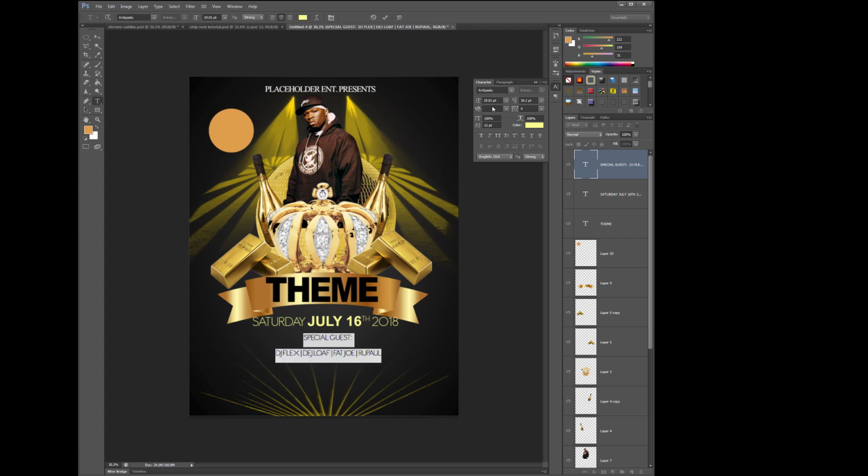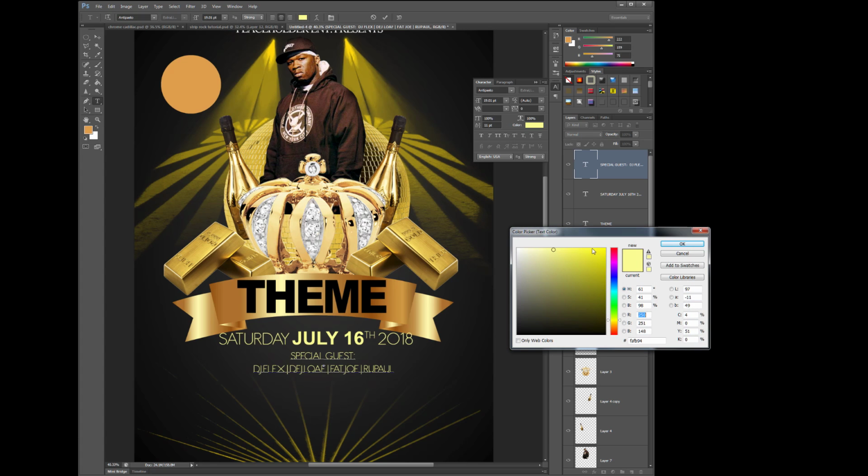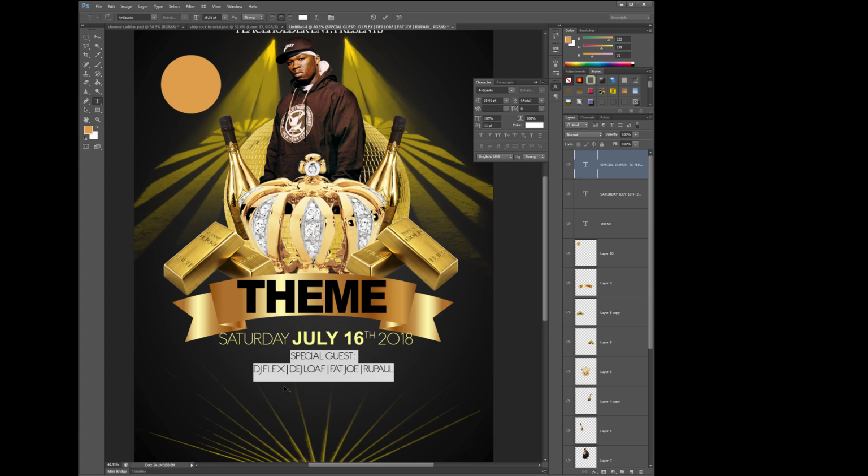Now spacing is something else too. Right now, I don't know why the space... okay, there we go. Spacing is something else too. You want to have a balance of where the spacing is. And you want to kind of mix up the fonts a little bit too, right? You want the information there, but you also want it to be kind of broken up. You know what I'm saying?